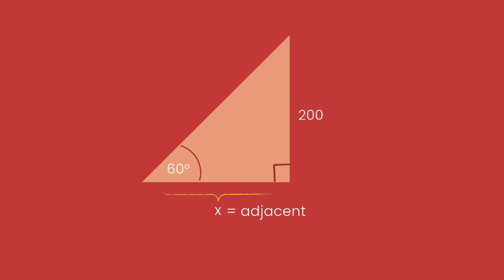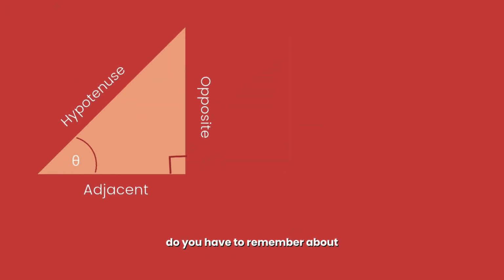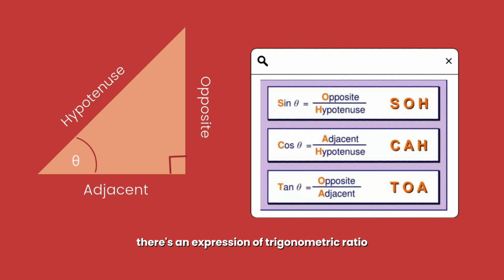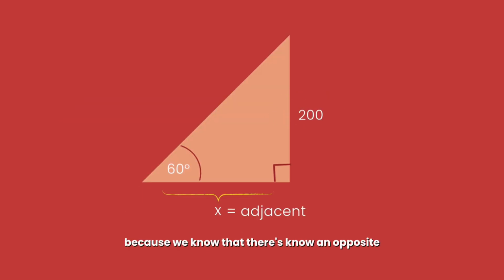How do we know? Do you remember SOHCAHTOA? It's an expression of trigonometric ratios. We focus on the right triangle. Let's say this is the angle theta. There are three sides of the triangle that may be familiar to you: opposite, adjacent, and hypotenuse. We use all of those for the six trigonometric functions. Because we know the opposite and we need to find the distance from Andrew's friend to the bottom of the building, which is called the adjacent side,